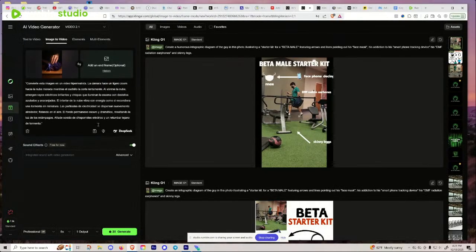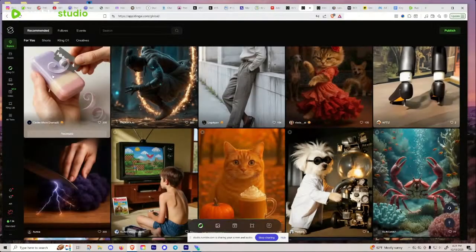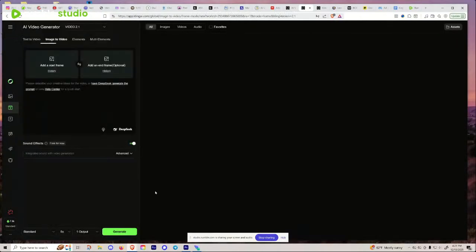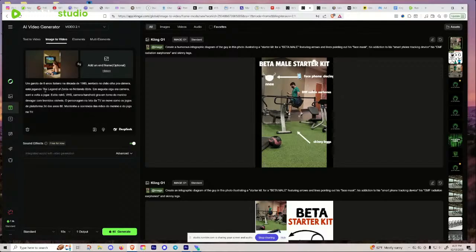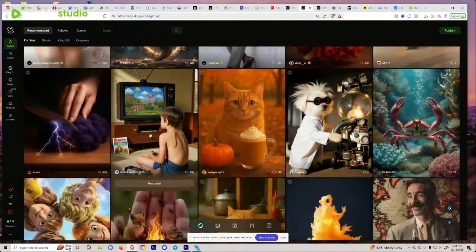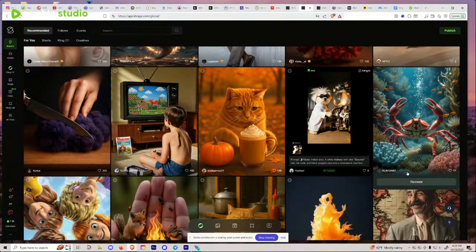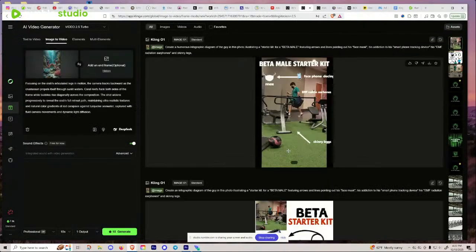It'll prompt. Well, actually, that threw me for a loop because that's Spanish and I don't know what that says. I don't see any way to translate it either. So that may not be a great example. The image would work, but I don't know what that says in order to change the right word. So this kid playing Nintendo or whatever, let's hit this one. Recreate. And it's Spanish again. What is going on here? Is that the same guy? That's weird. What about this crab over here? Let's see. There we go. Why were those in Spanish? I don't know. Maybe I could translate it, but I don't want to waste the time to do that.